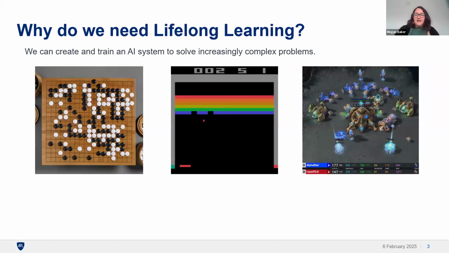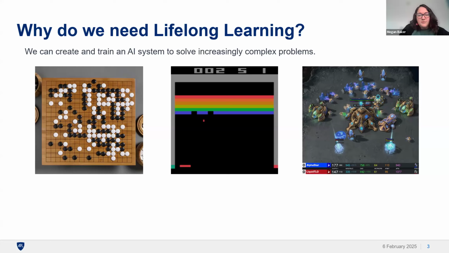So let's jump in a little bit and talk about lifelong learning systems. In particular, I know this seminar series is focused on the more open-world, task-agnostic learning. And I think that we can still glean a lot of helpful information and lessons learned from the L2M program, which is the focus of the talk today.